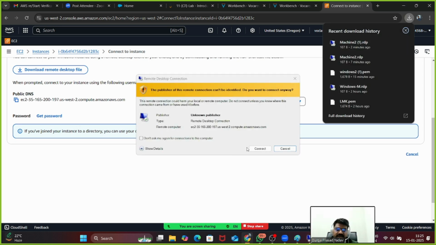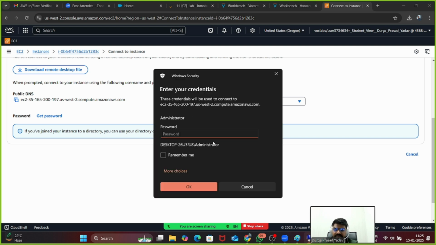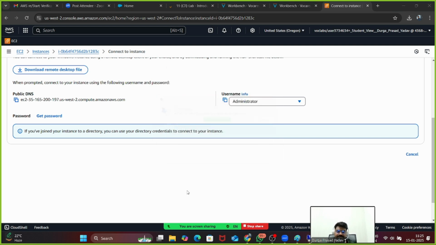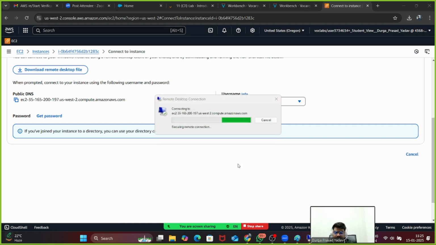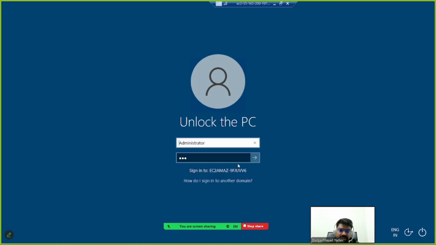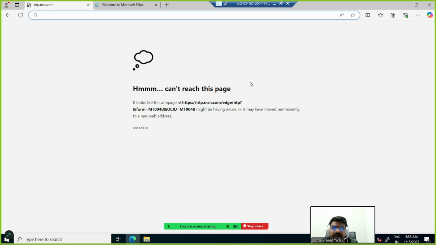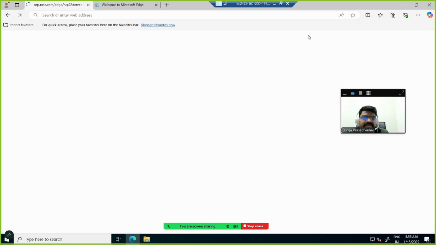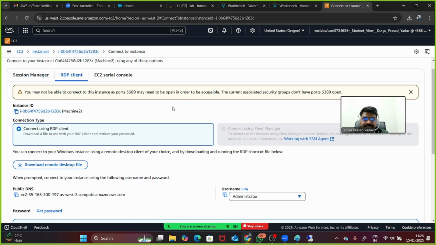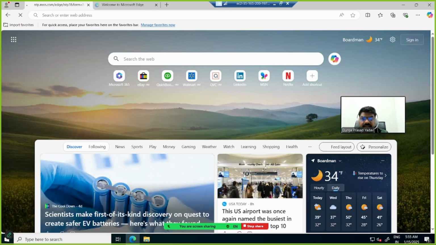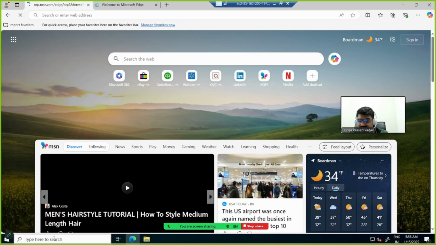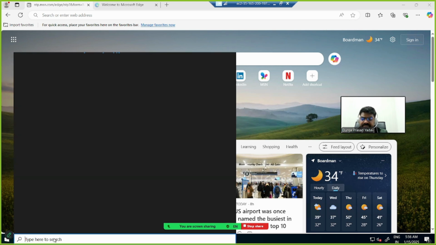So for example, if I click here and click on connect, and if I give the password, it will connect now. See, it is connecting. So a security group is a set of firewall rules which will filter your inbound traffic and outbound traffic. Not only this, if you are using a web server also, guys, for example,